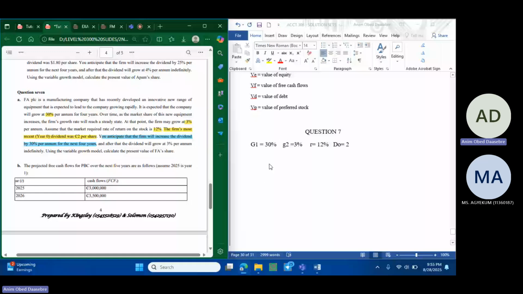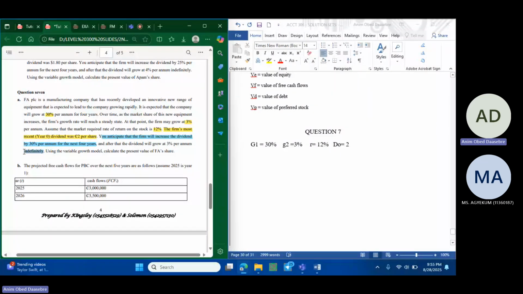So when you get to 4 years, after that the dividend will go at 3% per annum indefinitely. So indefinitely here you will grow it by the perpetuity rate, which is G2,